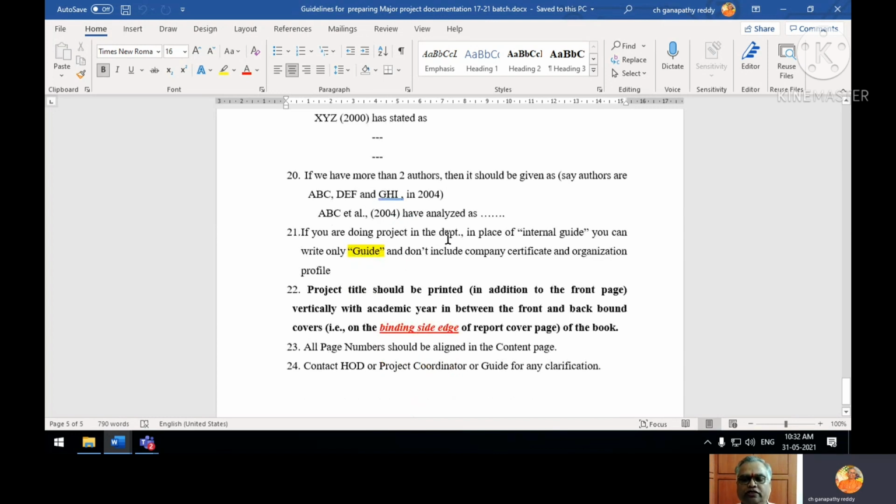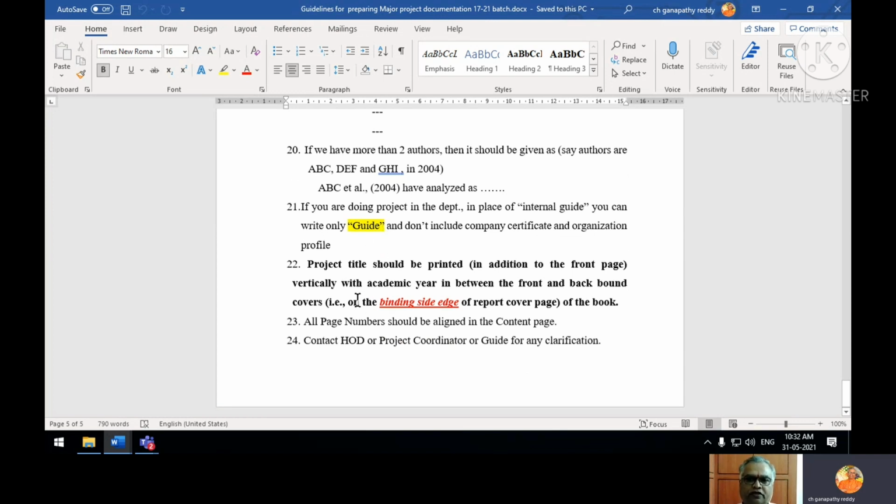If you are doing the project in the department, in place of internal guide, you can write only guide. If you are doing the project externally, then the department will allot one internal guide. In that case, you have to mention internal guide. Don't include a company certificate or organization profile if you are doing the project at department level. After the project is done and after binding, the department copy is inserted in the almirah, so that when an in-charge opens the almirah, the project title should be visible.